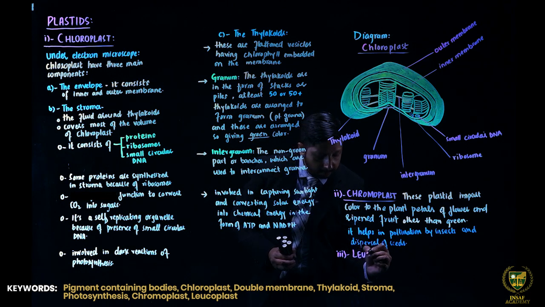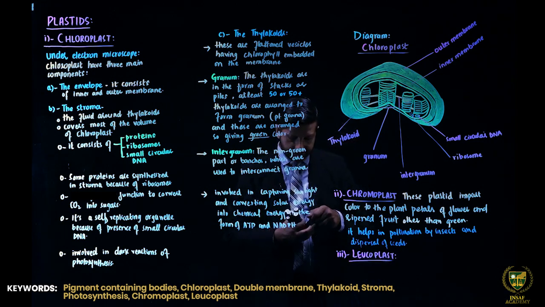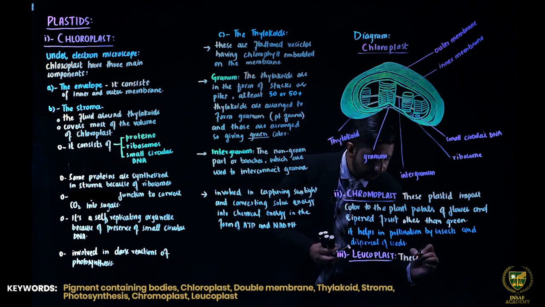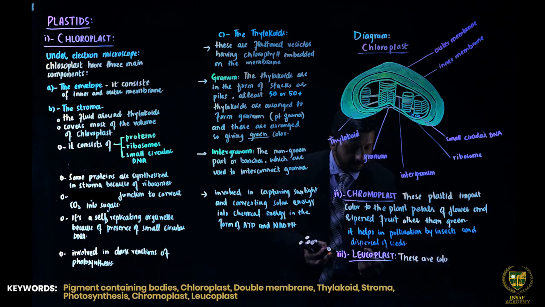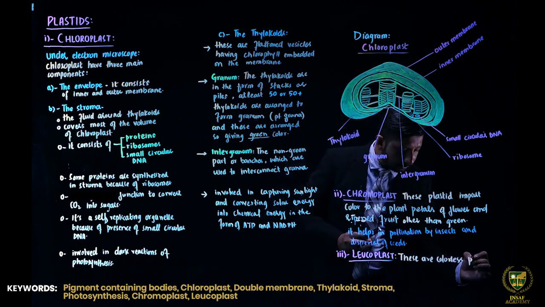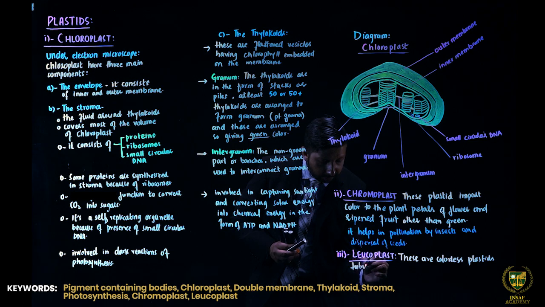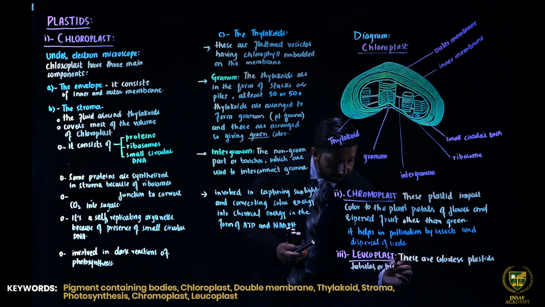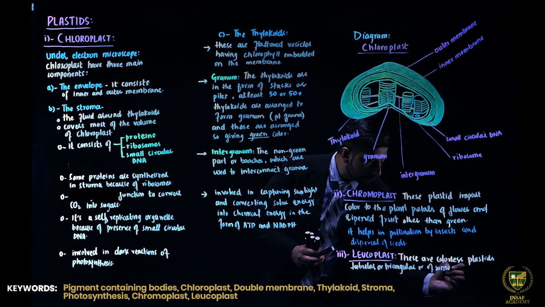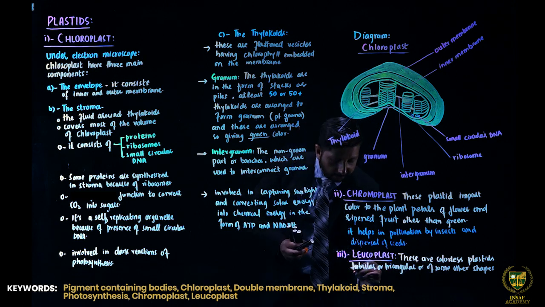the leucoplast. Leuco means colorless. Clear? So these are colorless. Leuco का मतलब ही जैसे leukocytes, the colorless plastids, and are tubular or triangular or of some other shape, but mostly tubular or triangular, and are present